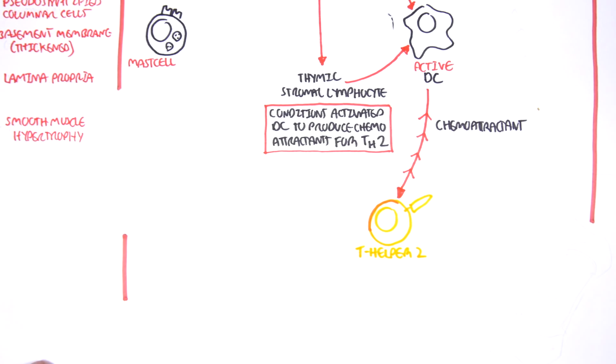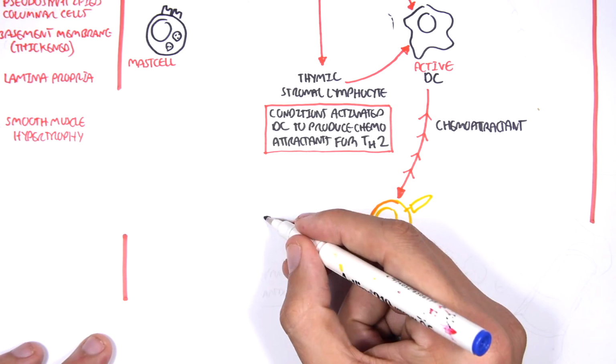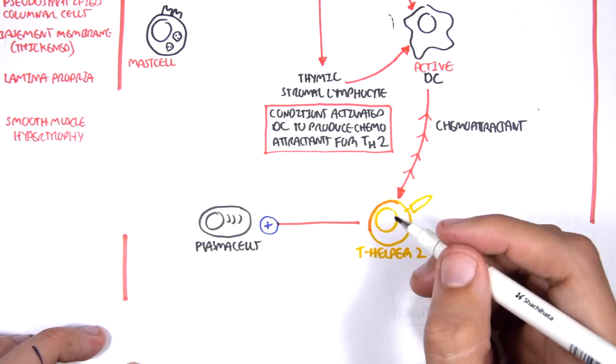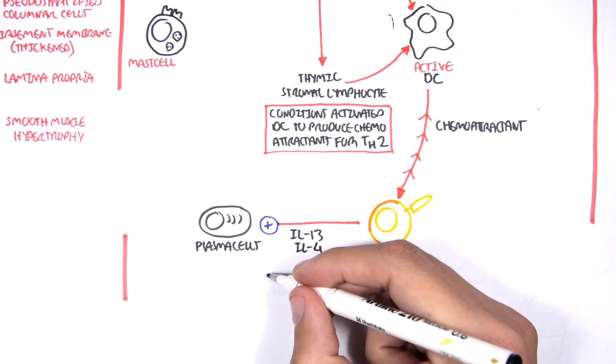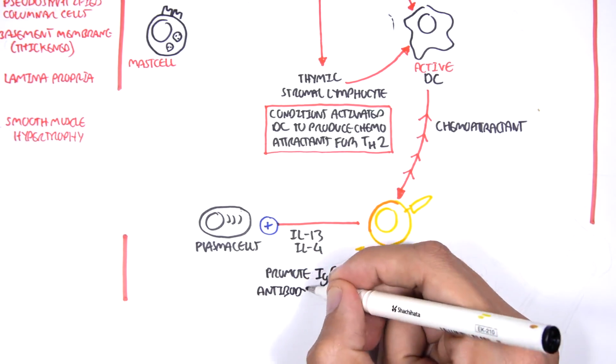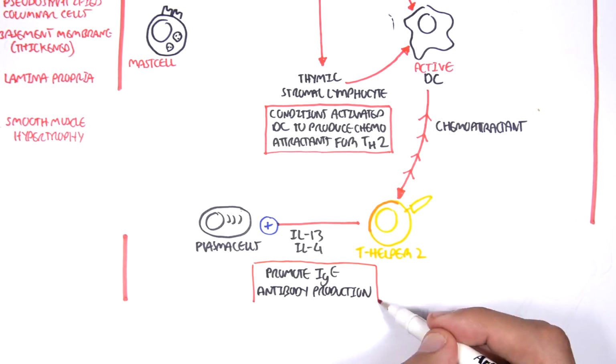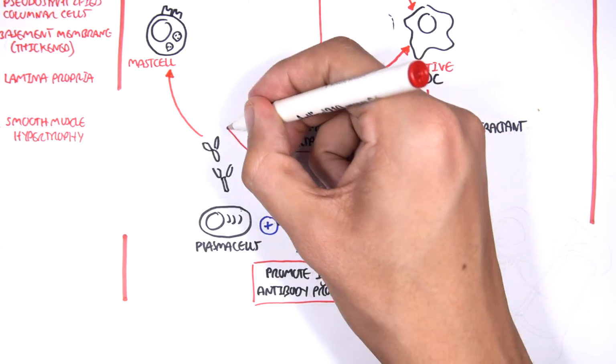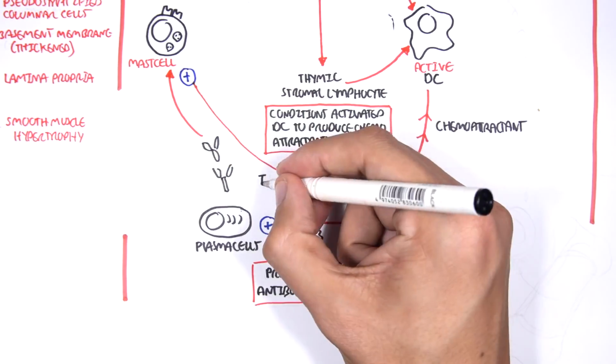So the activated T helper 2 cells do several things. Firstly, the T helper 2's role is to promote the humoral immunity. So it will stimulate plasma cells through interleukin 13 and interleukin 4. And this will promote IgE production by the plasma cells. IgE will obviously bind onto mast cells to create the IgE mast cell complex. T helper 2 itself, through interleukin 9, will promote mast cell